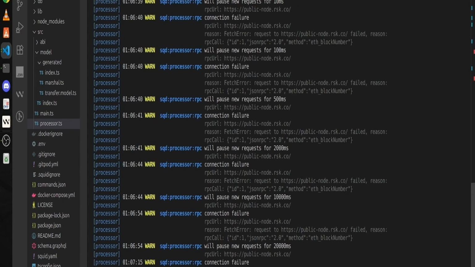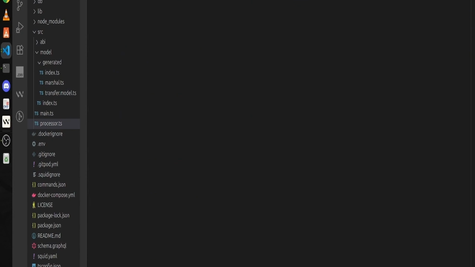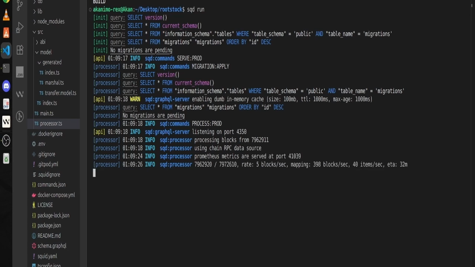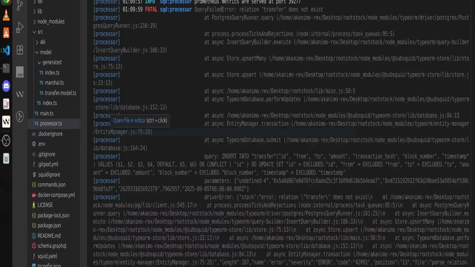Let's clear our terminal so that you can see better. We have to build again and run. Let's see if that works. You can see it's querying the new chain, and I think it works. If you look at the terminal, I got this error because it says transfer does not exist,